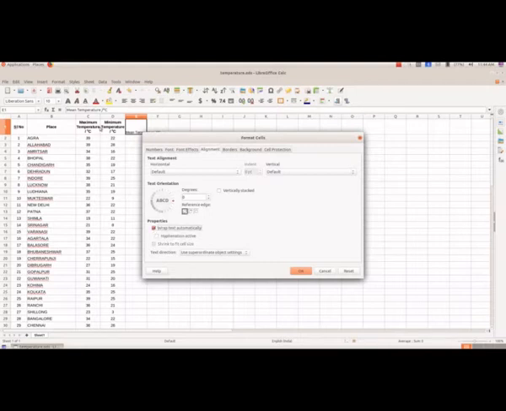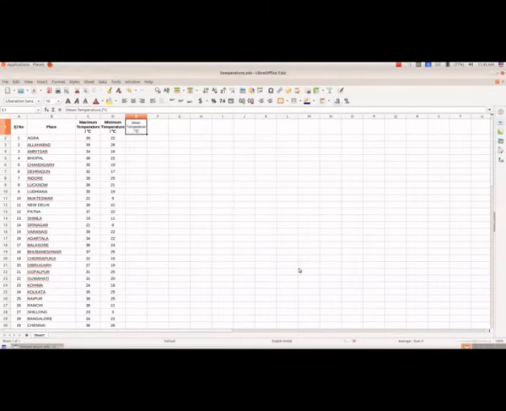We have to select that, and along with this, the maximum and minimum temperature is in the center. If we want to align this in the center, here we have text alignment, and under horizontal we have to select center, and vertical we have to select middle, and then we have to click OK.